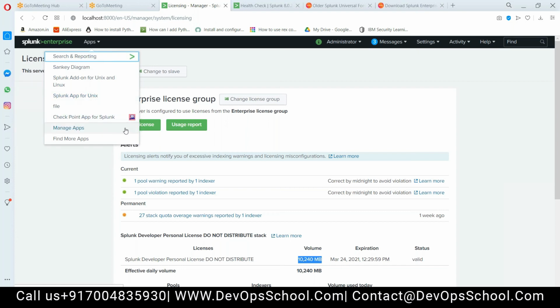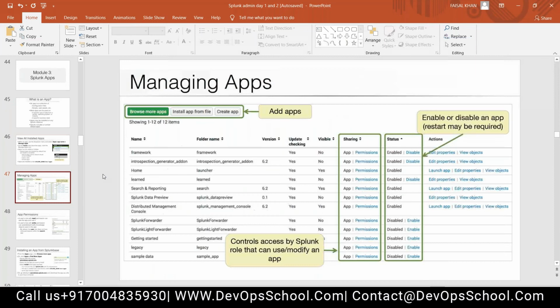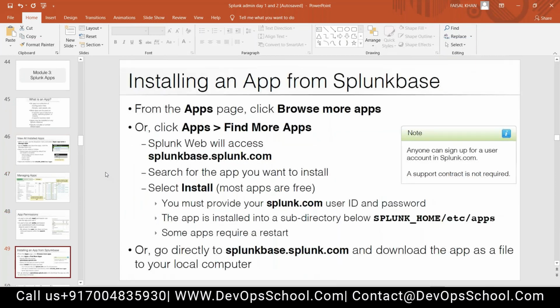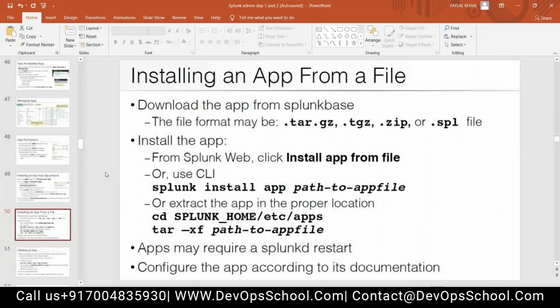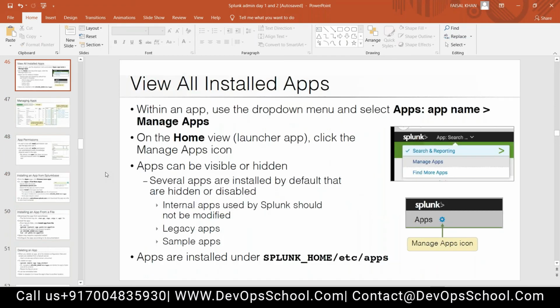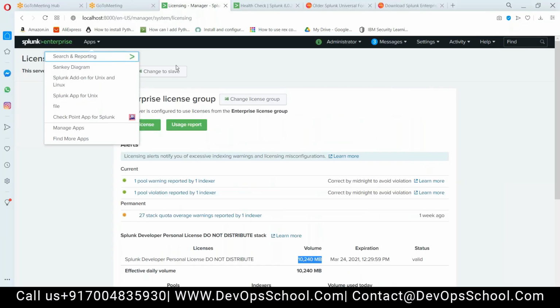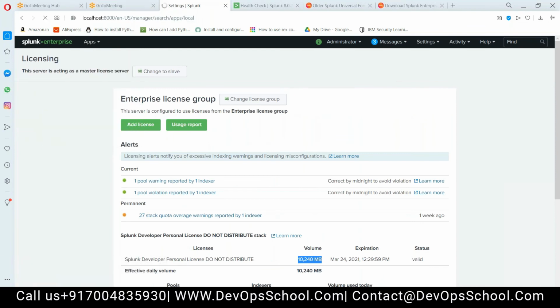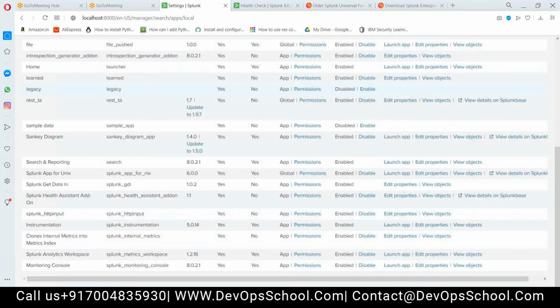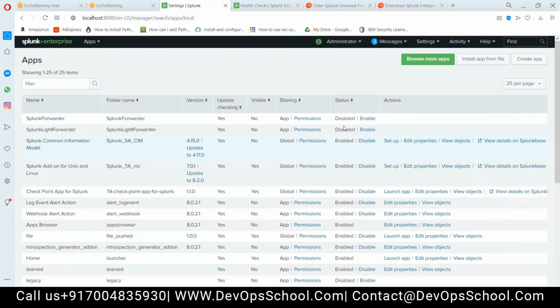So you just have to do one thing here. It's very easy. Let's go step by step. Might be some things you don't know. Let's not skip anything. If you want to see all the apps, you can easily see them from here. If you want to dig deeper, click on Manage Apps. You will see the whole list here. If you want to enable or disable any of the apps, the option is here. It is not delete, it's just disabling for some time.